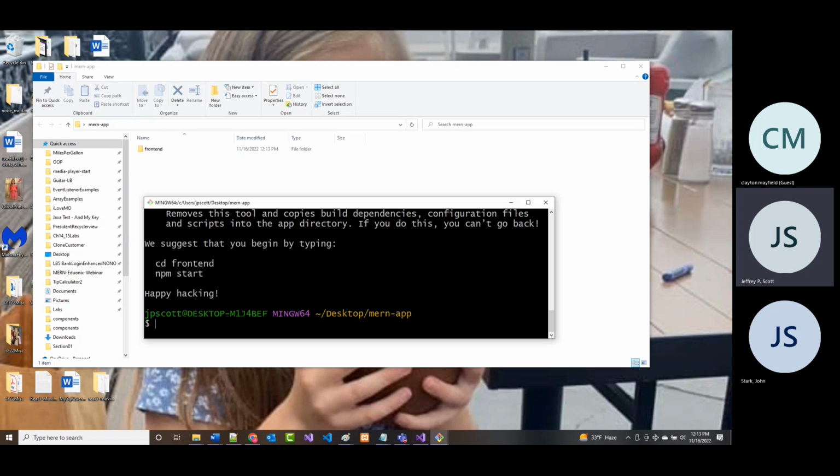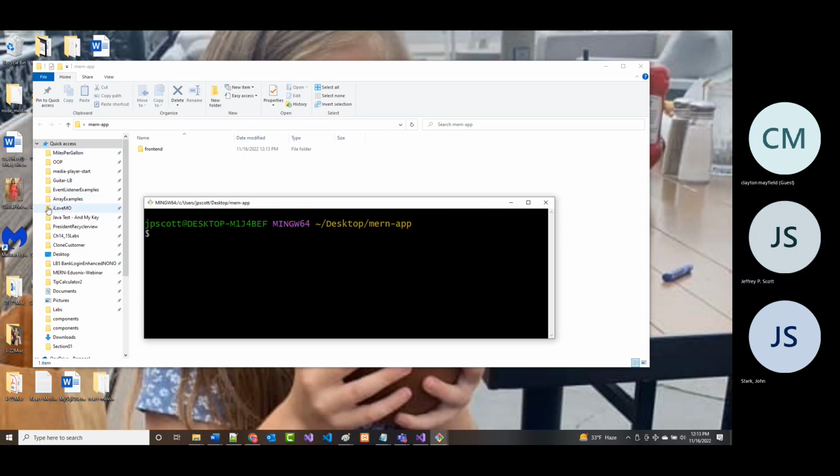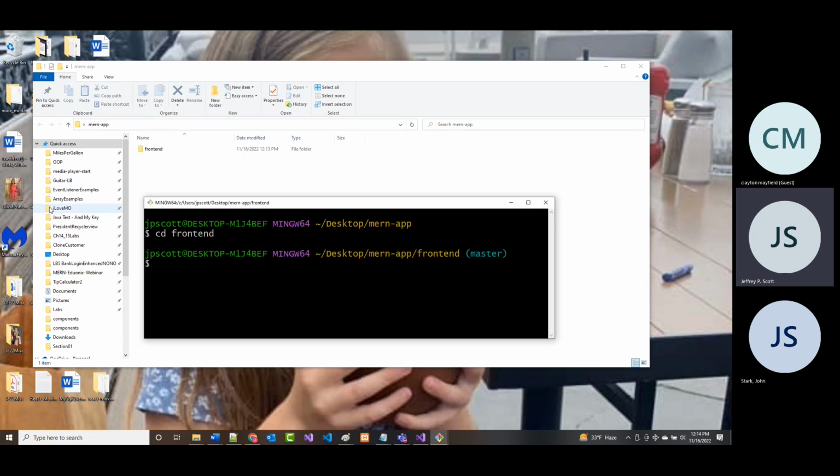All right, with all this done, I'm just going to clear my screen here. And now I've got this frontend that's right here, you see it. So I'm going to do a cd to the frontend. I could go into code right now, but I'm not going to. I'm just going to look at it. So I'm doing my cd to frontend,